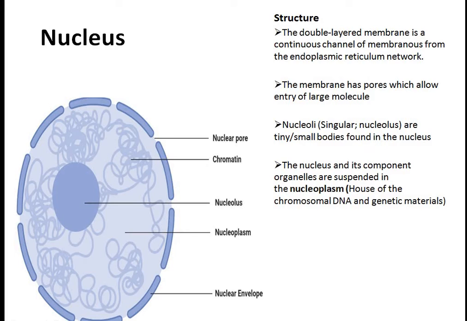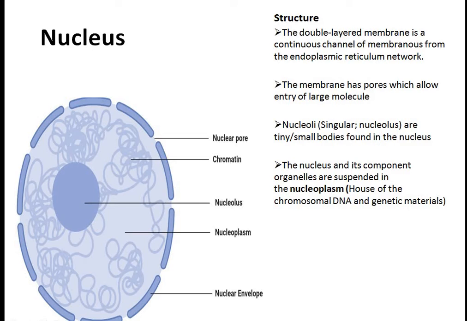Then there is a darkly stained circular structure inside the nucleus. This is called nucleolus. The jelly-like material which is present between the nucleolus and the nuclear envelope or membrane is called nucleoplasm. Boys, also remember that whenever nuclear envelope is written, it means that this membrane is a double-layered membrane which has discontinuity in between them. There are nuclear pores. These pores allow molecules to pass through it.